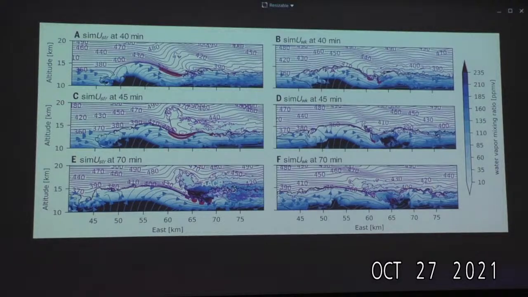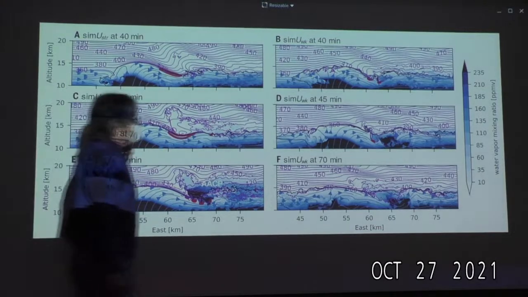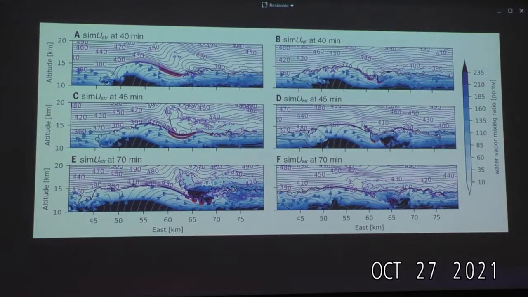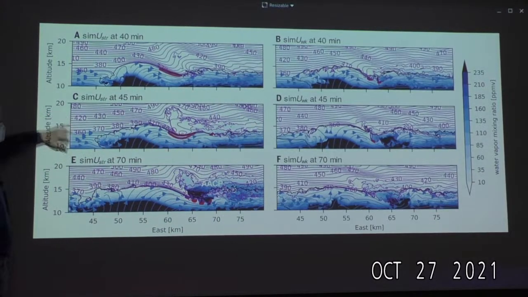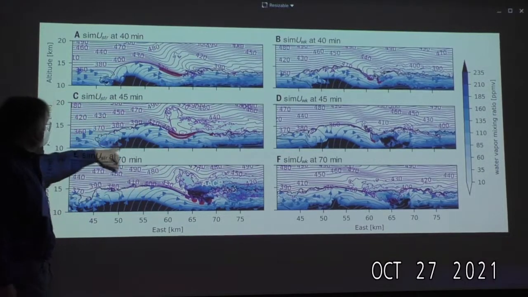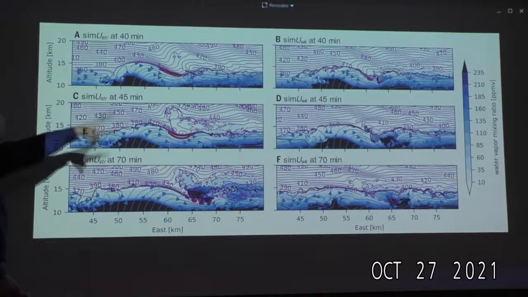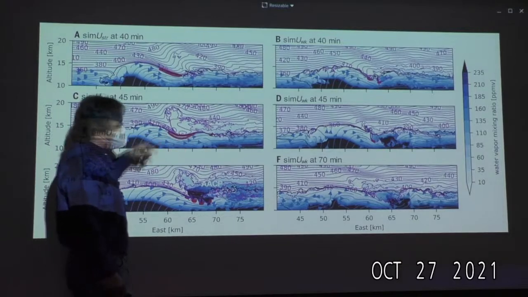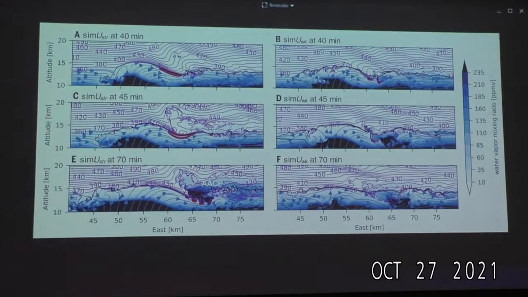So here's some results. This is 40 minutes, 45-70, so this is the storm that produces the AACP. This is the storm that does not produce the AACP. You're looking at streamlines, isentropes, and moisture. Now we're focusing on low values of moisture because we're near the stratosphere, so this is in parts per million by volume. And this thick little contour here is the 90 meter per second contour for that jet I talked about.